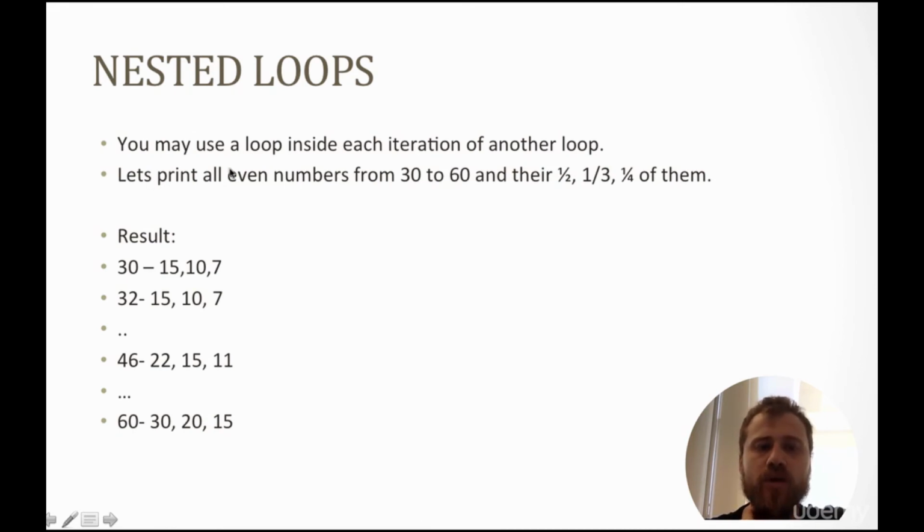Let's print all even numbers that can be divided by 2 from 30 to 60 and print their half, their 1/3 and their quarter. So the result will be something like this: 30, half of it 15, 1/3 of it 10, quarter of it 7. And here 60, half of it 30, and 20 is 1/3 of 60,